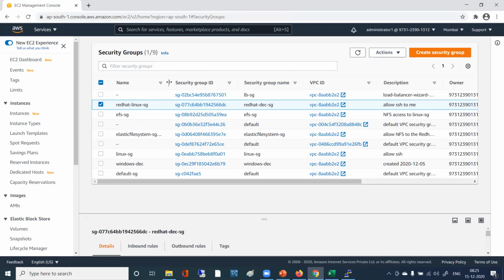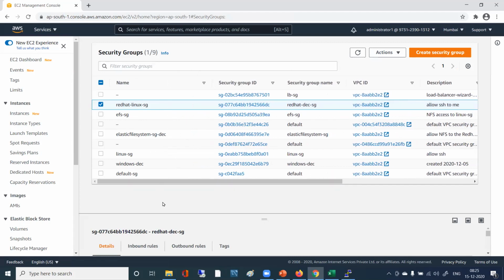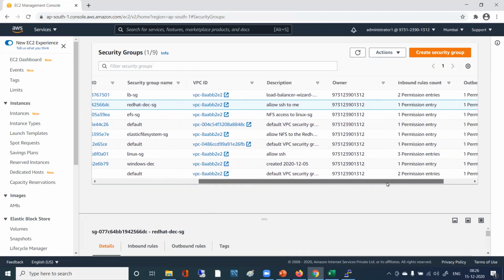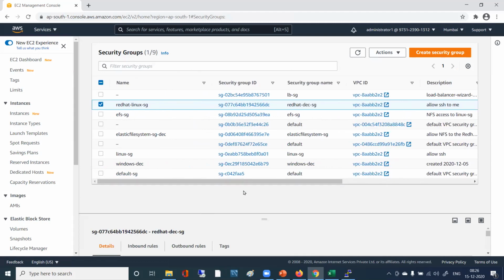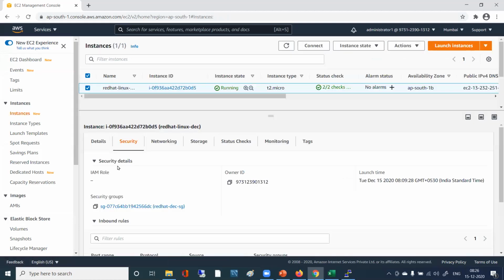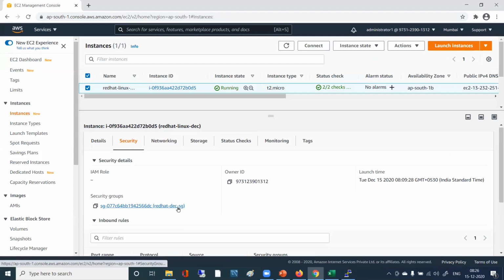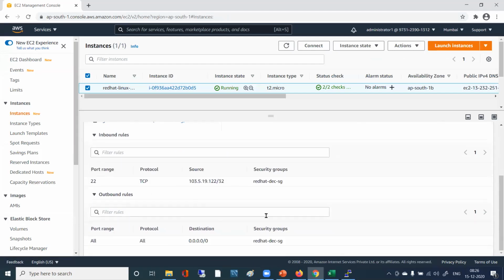Whatever is the relevant security group, just validate which one is the relevant one, and then select that. For example, this Linux SG or something. You have the option to attach, detach like that. At any point of time, you should have some security group attached to your EC2 instance. In this EC2 instance, in security, you have this security group with the inbound rule, something like that. It is attached.